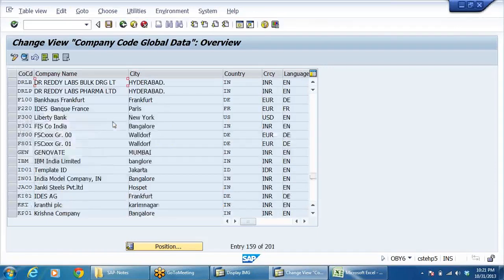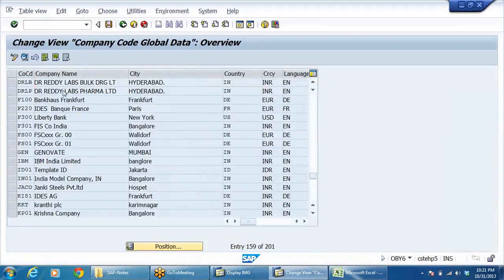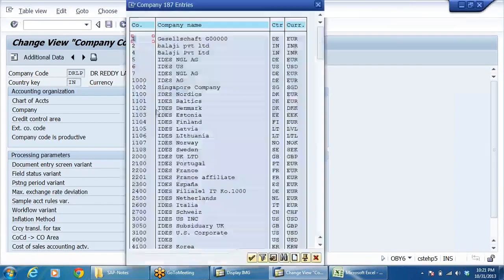See DRLB. Here, if you see DRLB, see chart of accounts and company, there is a group company. DRLB this is, V3, everything we have. Now let us go to the DRLP. Double click on this, see everything is there except the group company. Now we need to assign the group company, that's all. Here itself we can assign it.